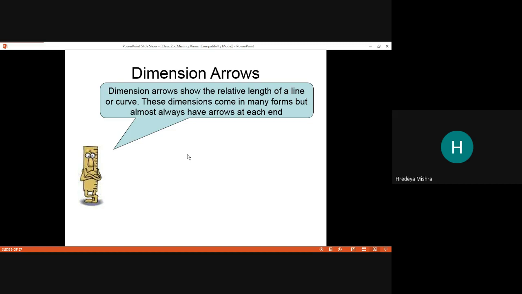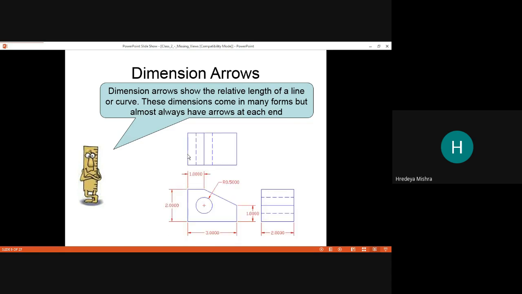These dimensions come in many forms, but almost always have an arrow at each end. So see here, you can see the dimension. The arrow is here, the arrow is there, the arrow is there. So you are able to see and recognize the dimension.